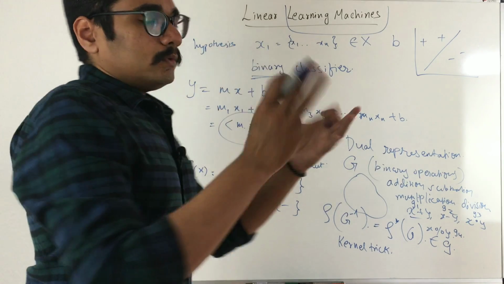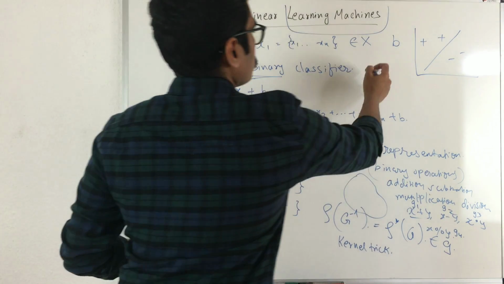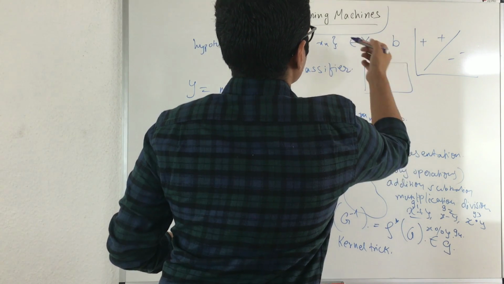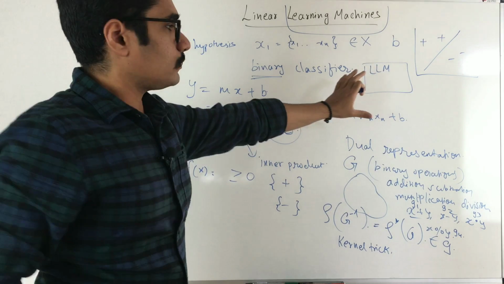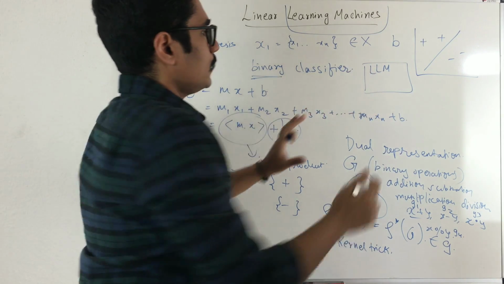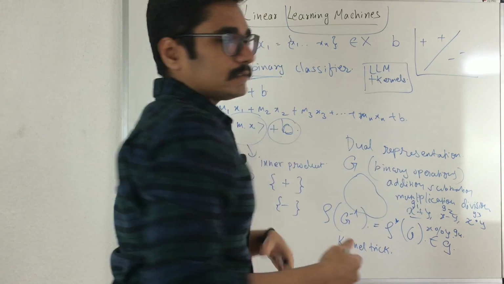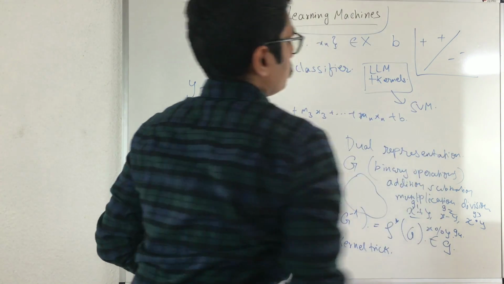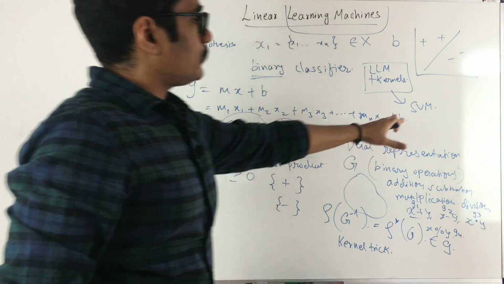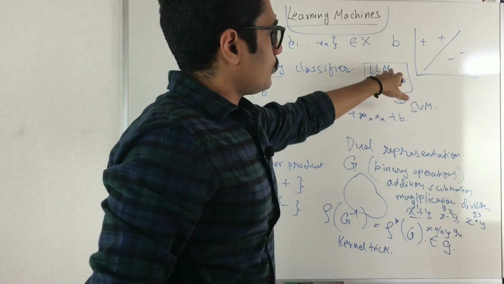Now how do linear learning machines and SVM relate? Say suppose you have this linear learning machine. This is a box, an abstract concept. You add certain kernels in this, which are essential for SVM to work. The output it would produce would be SVM. So now I can say that SVM is a subset of linear learning machines.